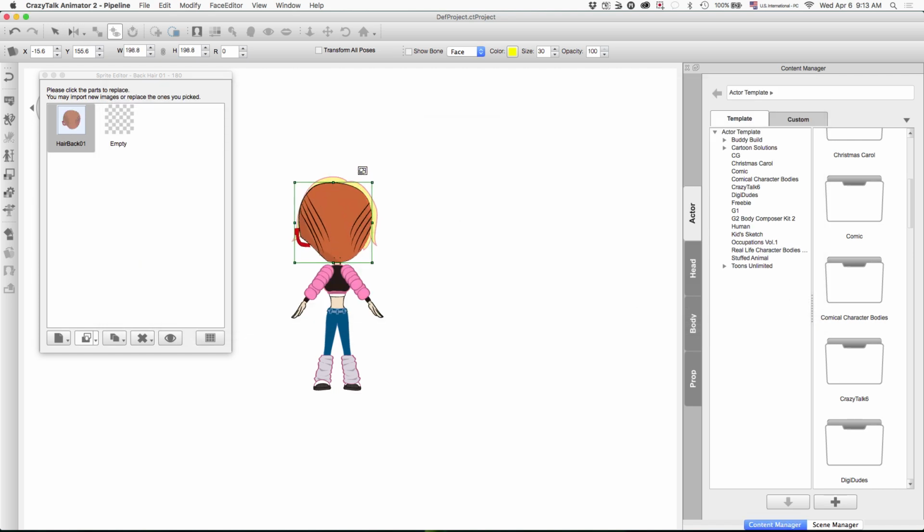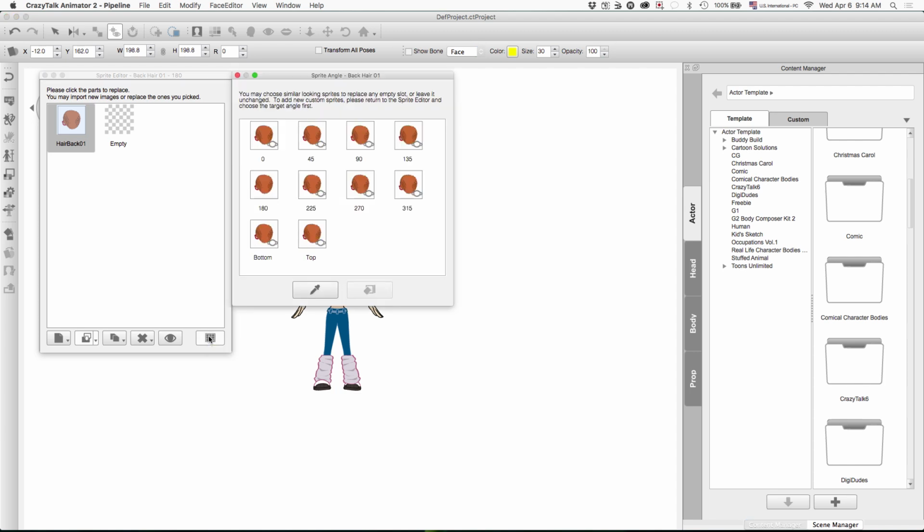And this is just an example. I'm going to blow him up a little bit so that you can see it good. Now when I go back to see all of my views for this particular sprite, they're all changed to that. So you don't have to worry about, oh, well, I've put my characters in, but now the old version of Cherry is going to show up in the other angles. It won't. Not if you go back to your original angle, in this case, the 180 angle that you wanted